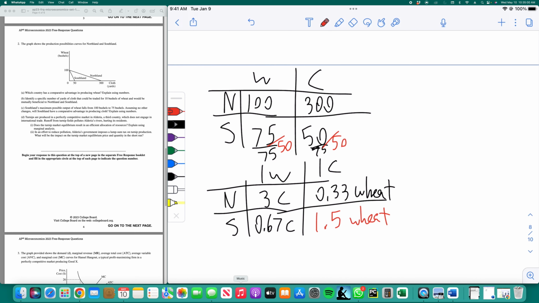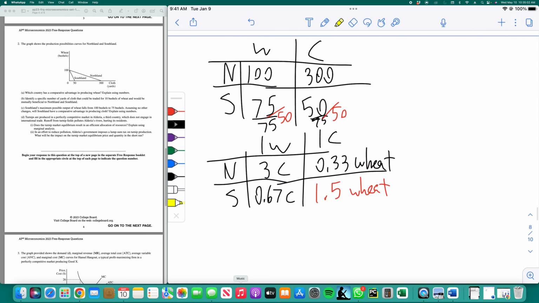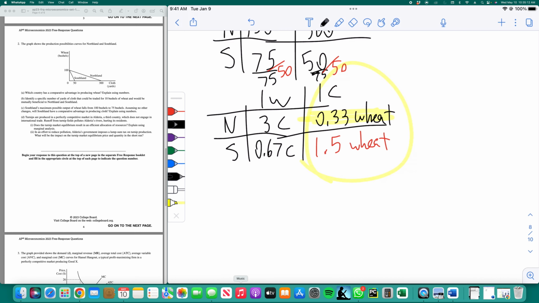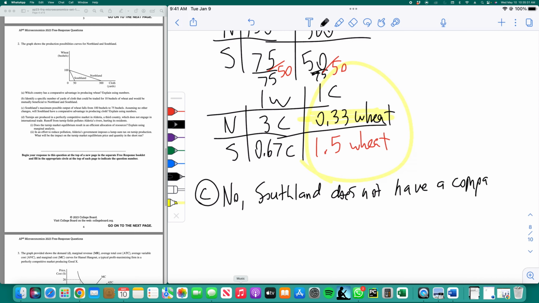And as you can see here, the question's asking you who has the comparative advantage in cloth. So who has the comparative advantage in cloth? Well, that would be Northland. So for the question, does Southland have a comparative advantage? No. So no, Southland does not have a comparative advantage